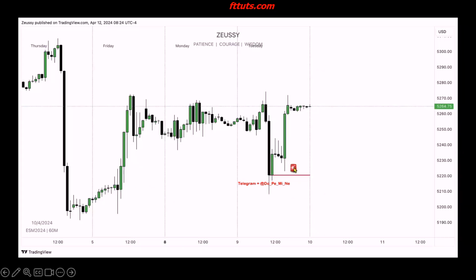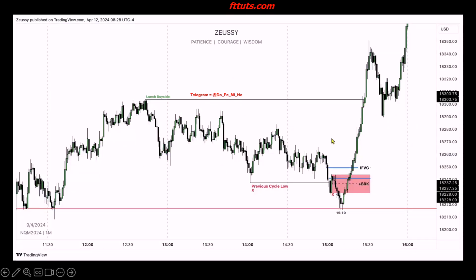Therefore, the moment you see this occur right here, ES not reaching its rejection block whilst Nasdaq does, treat it as an alarm sign, as an alarm bell. Watch out, something is on the way. If we then zoom in on the lower time frames, we can see a perfect setup where we can see